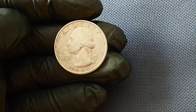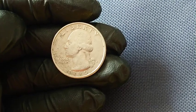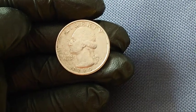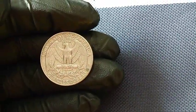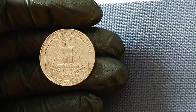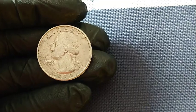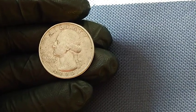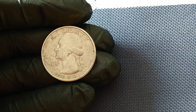And then there's the infamous reverse die clash, a separate error in which the obverse and reverse dies collided without a planchet in between, transferring a ghost image of the eagle from the reverse onto the obverse die, so that when it struck a real planchet, faint impressions of the eagle's wings, arrows, and olive branches appeared on Washington's cheek and jawline in a spectral echo of the design, an error so visually striking that even a layperson can immediately